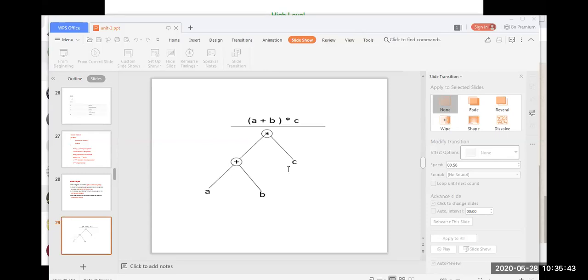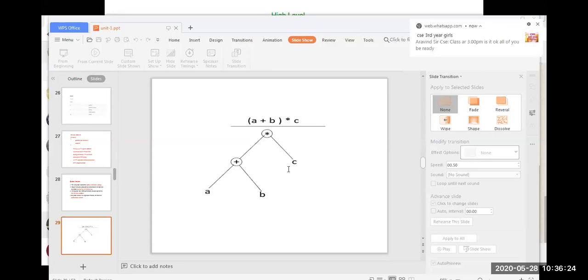M-A-I-N, as per the rules and regulations of the language. If you change the spelling, it won't accept that as a main method. For example, if I write M-I-A-N instead of M-A-I-N, it is an identifier. Lexical analysis will classify M-I-A-N as an identifier, but syntax analysis will not accept it. Why? Because as per the language rules, the spelling should be M-A-I-N. Even though it is an identifier, it won't accept it as main. So spelling mistakes are syntax errors.